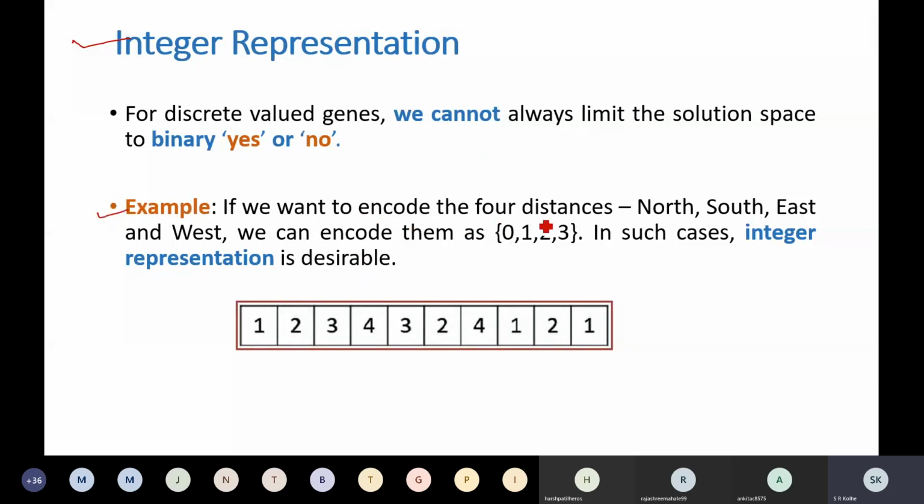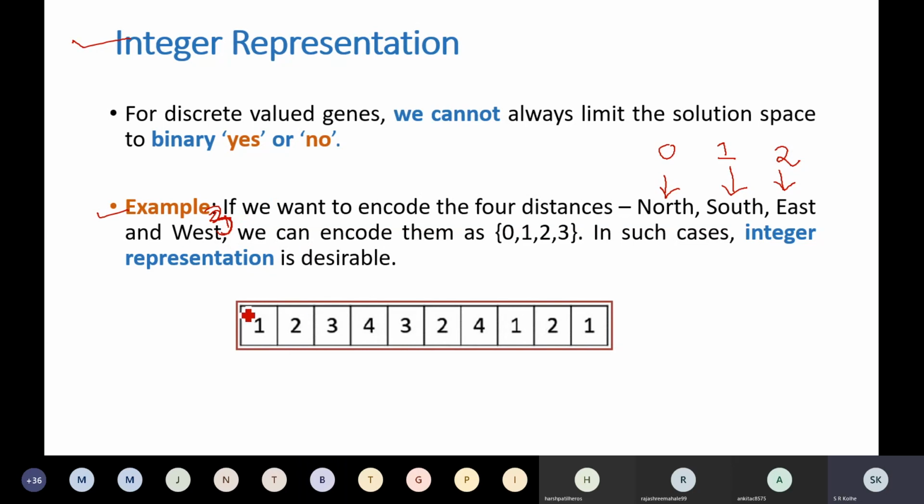If we want to encode 4 directions, for example, consider the case that north you are going to represent as 0, south represent that as 1, east 2 and west by number 3. Sorry, correct, 3. Below I have used 1 2 3 4, so somewhere we have to make a change.